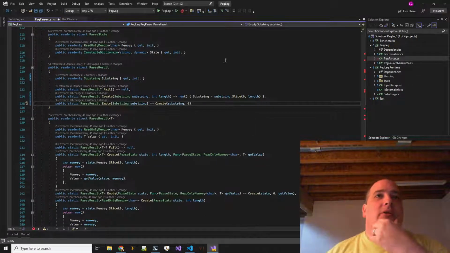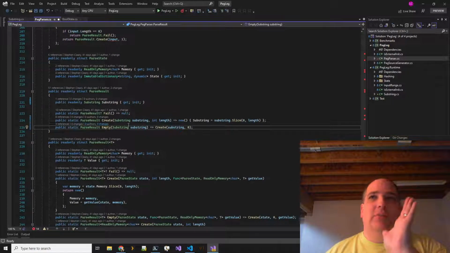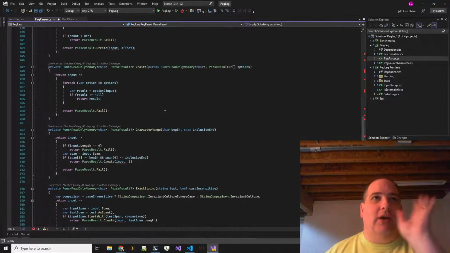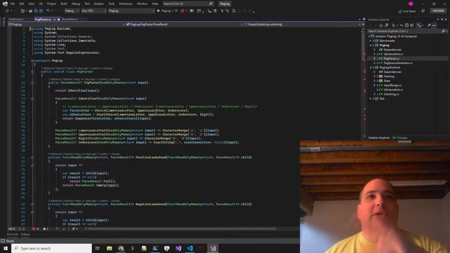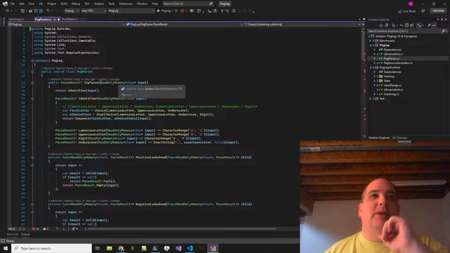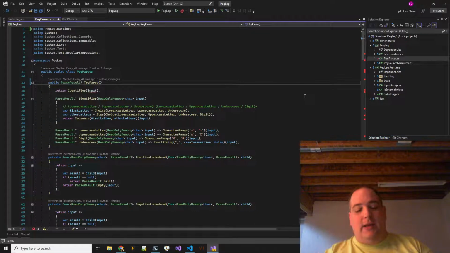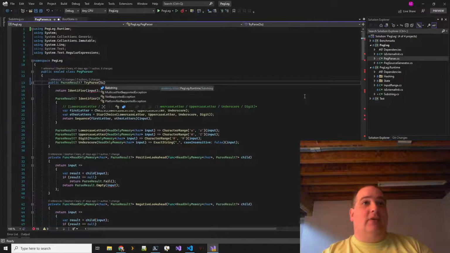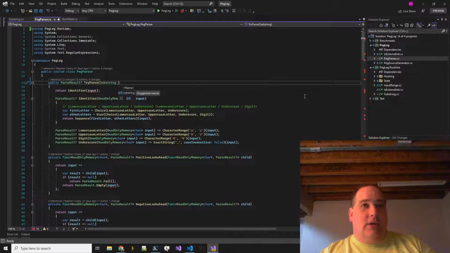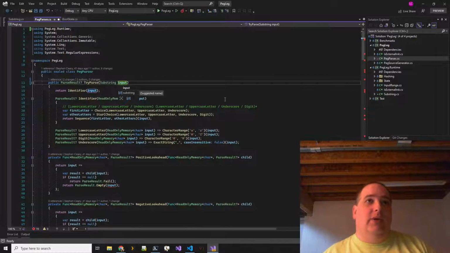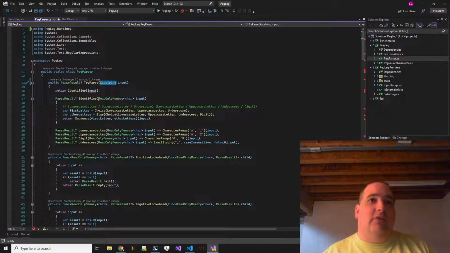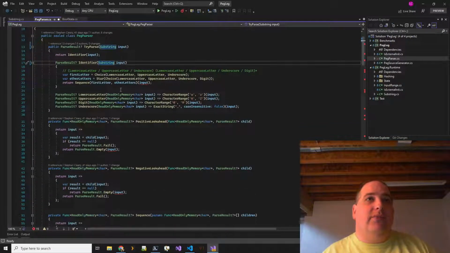Okay, so we've changed up our parse result, and now our entire thing up here is completely broken because we're not even going to be taking the same parameters anywhere. So I'm just going to come all the way back up to the top and change things. So we are going to use substrings everywhere essentially. I'm just going to break everything as I go. Here we go.